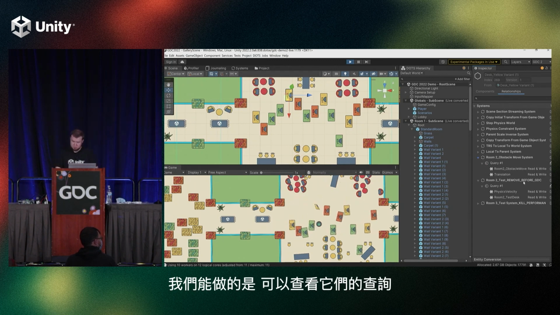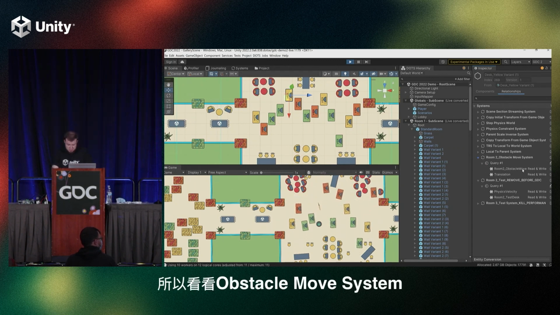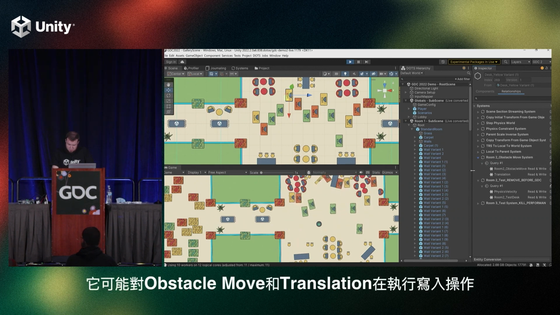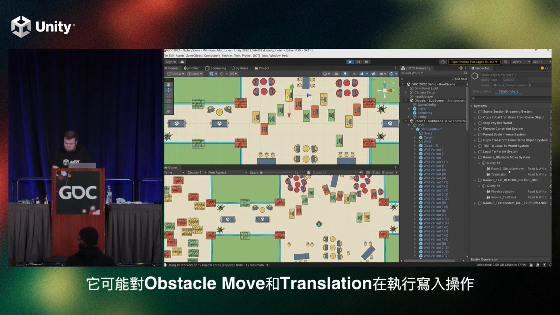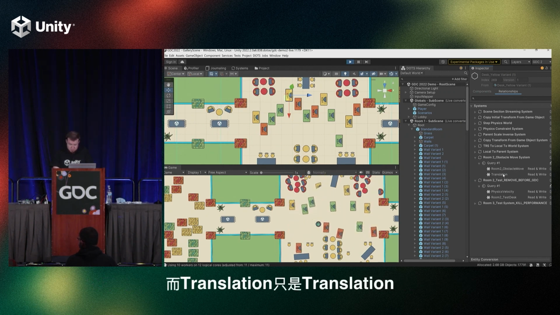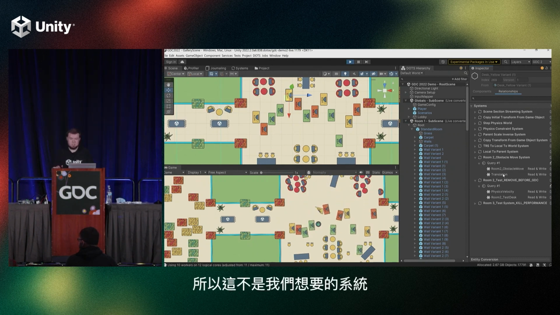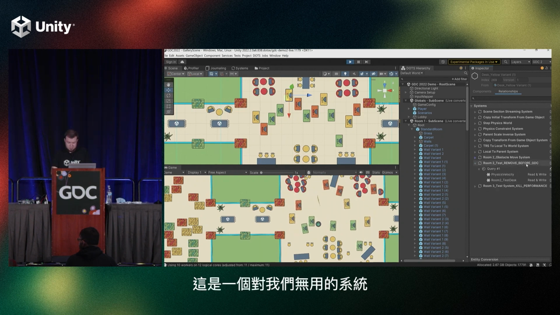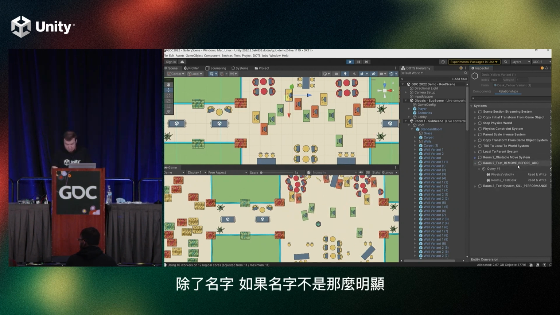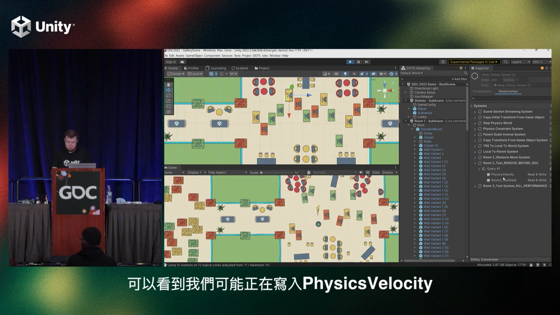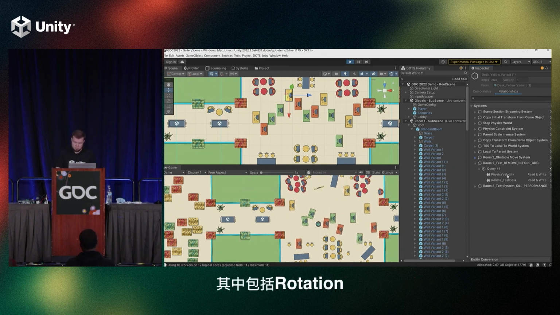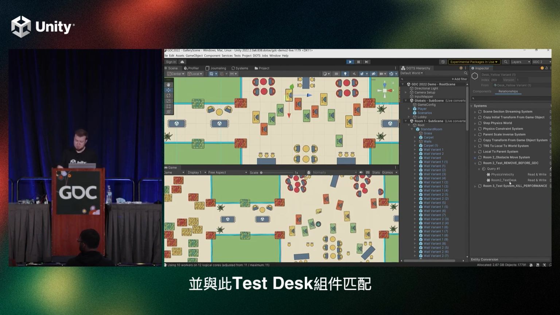And what we can do is we can look at their queries and gain some insight. So looking at the obstacle move system, this one is potentially writing to obstacle move as well as translation. And translation is just translation, does not include rotation. So this is not the system that we want. This is an innocent system. Apart from the name, if that name was not so obvious, we can look at the query and we can see that we're potentially writing to physics velocity, which does include rotation, as well as matching on this test desk